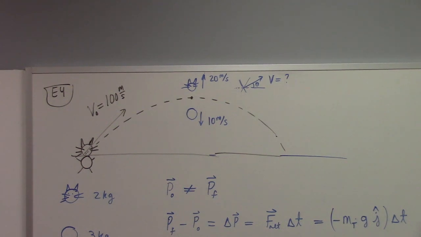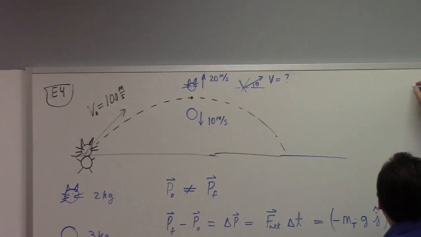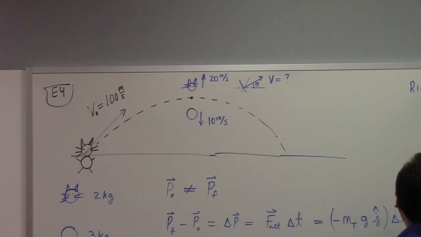Just an observation: the momentum is actually not conserved from the start of the flight to the top of the flight. However, we can conserve momentum right before and after the explosion. So that's what I would suggest we do, because this isn't particularly interesting. I mean, we can work this out, I just wanted to mention it. To conserve momentum more interestingly, we should look right before and then right after the explosion.